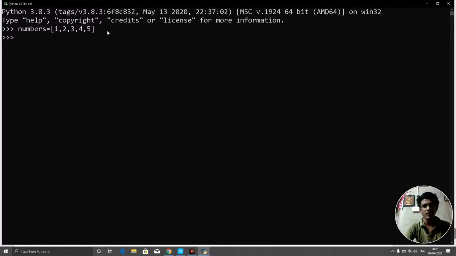Now I am using the for loop to display each element of this list. For that, the syntax is for, and we need to define just one variable that has to take these elements one by one. So for a in numbers, this is just like an English sentence. In C we need to use parentheses, and we need to give where it starts and where it iterates.